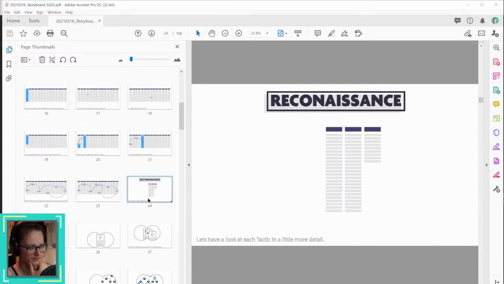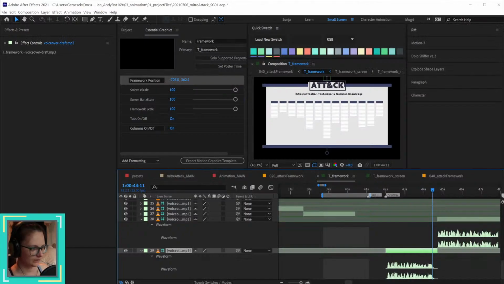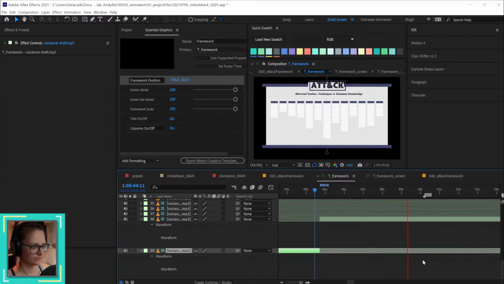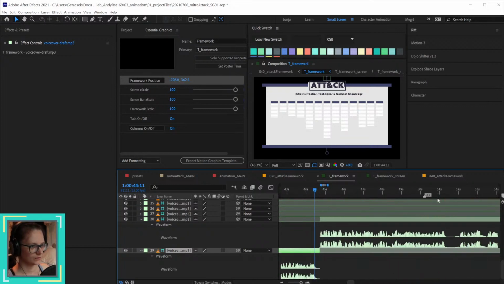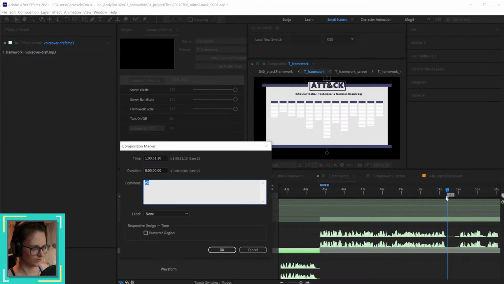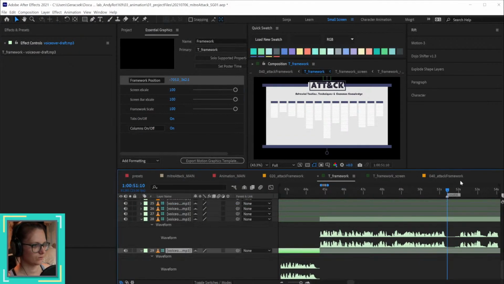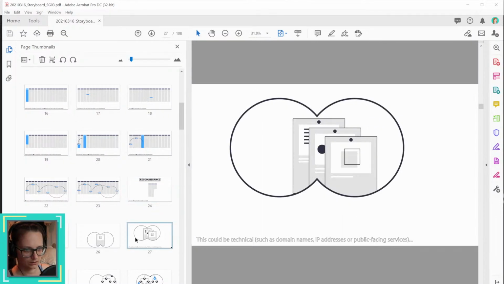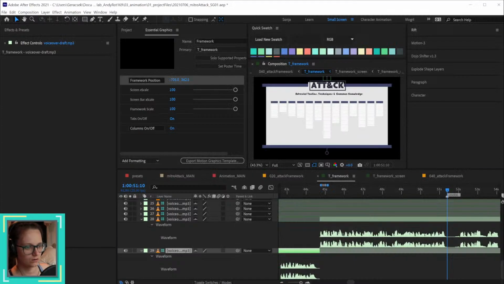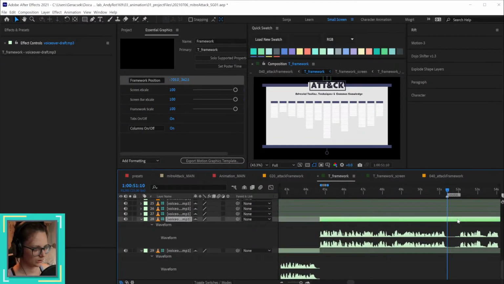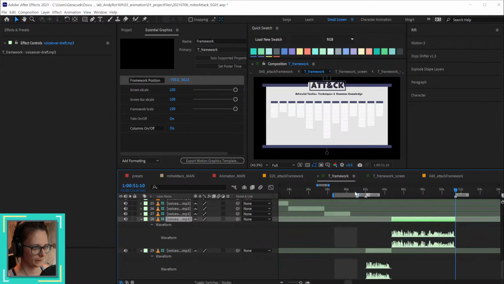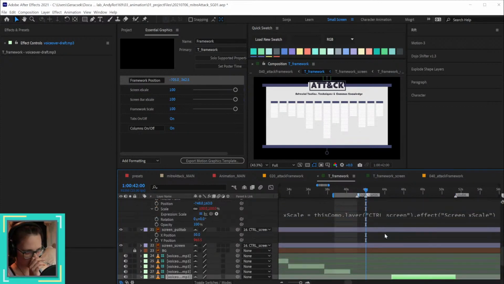Let's have a look at tactic in more detail. Well, I guess it's this next part. Yep, I guess it's just until here. So this would then be end 06. This could be technical. Yeah, okay, so this is the next thing. So it ends here. And now it's